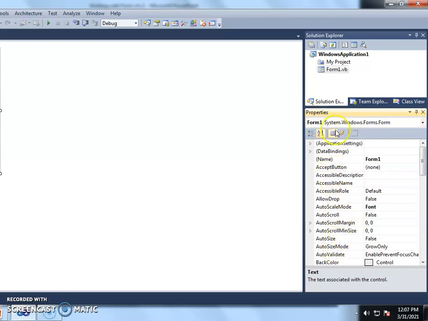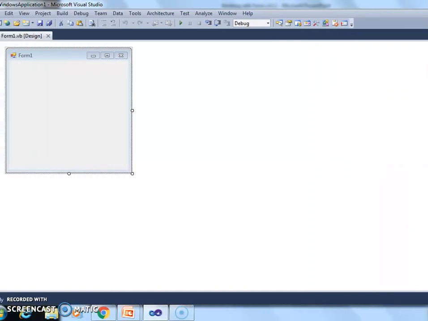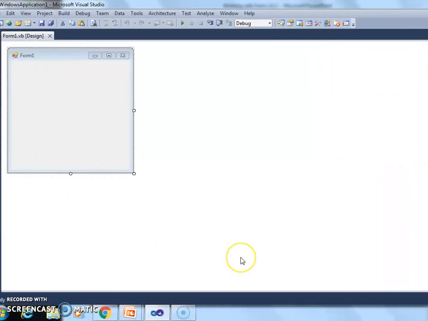Our object is Form1. These are the different characteristics and attributes of Form1. Now different types of controls in VB.NET have different properties. So we can easily create this window form in a window form application.